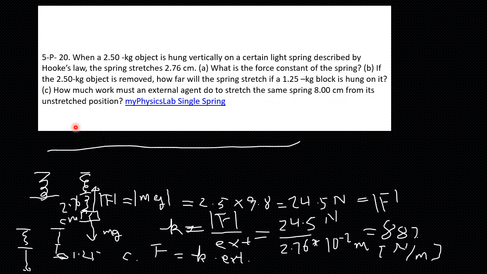Okay, continuing on the previous page, we talked about how you calculate the spring constant. It's the force divided by the extension. Now, in this situation, we have a spring, and say we have an object of 2.5 kilograms hanging down here. The spring gets stretched longer. First of all, what is the force? We are trying to determine the spring constant, but we have to look at the situation of this object.